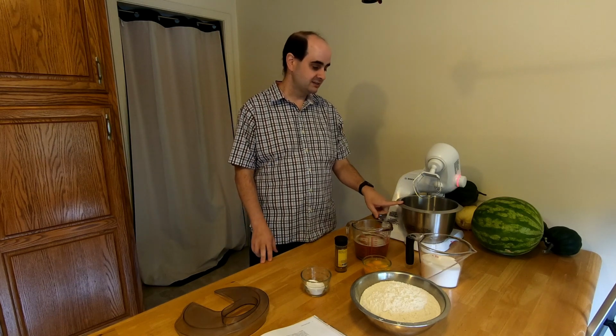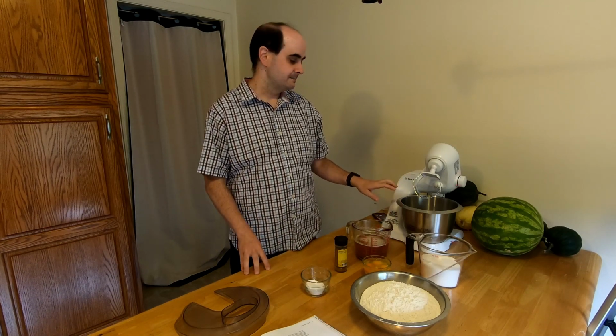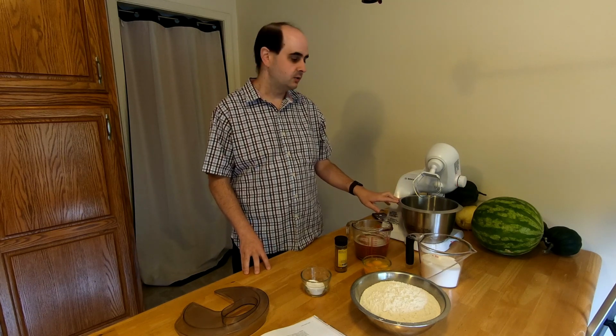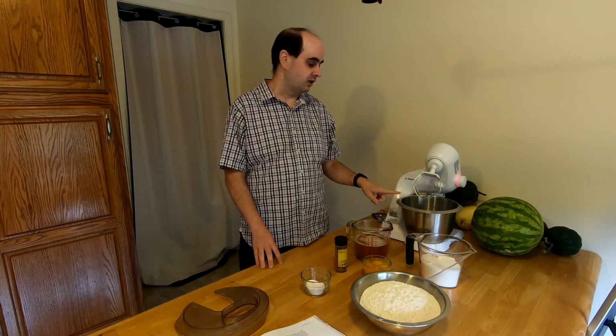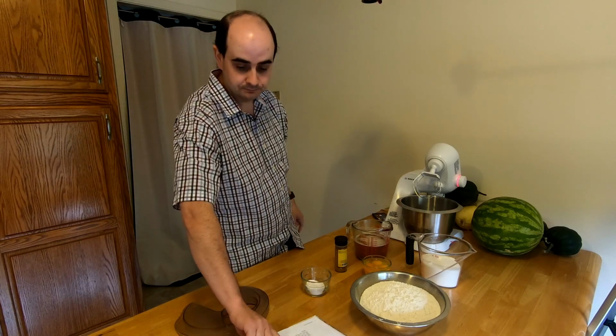Right, so I put the molasses directly into the mixing bowl of the mixer. If you've ever worked with molasses before, it makes honey seem like a totally non-sticky substance. It's very thick and it's very sticky, so I poured it right from the jar directly in here with it on my scale, just so I got that number just right. So I have the molasses in the bowl,